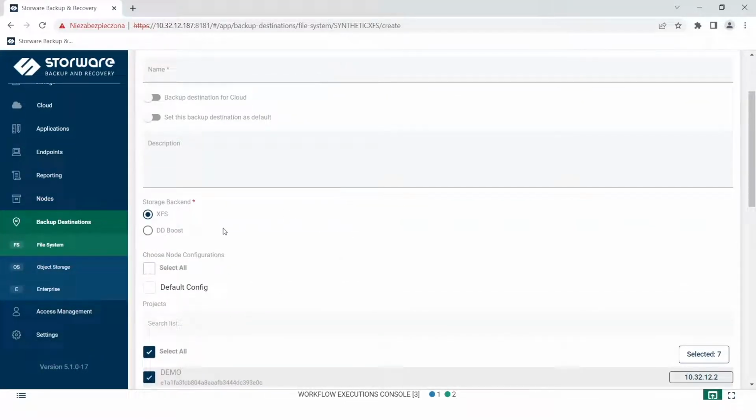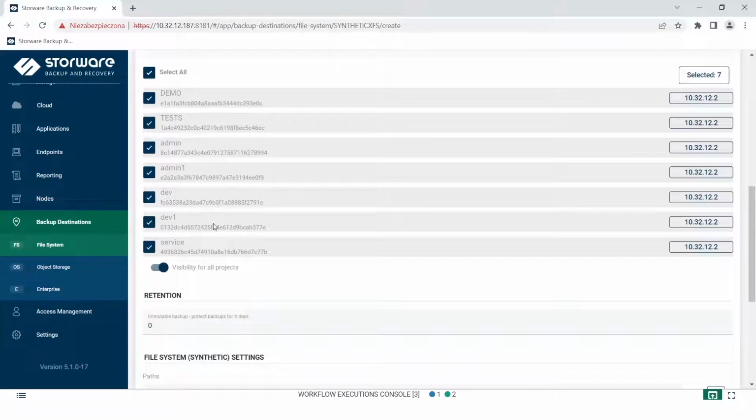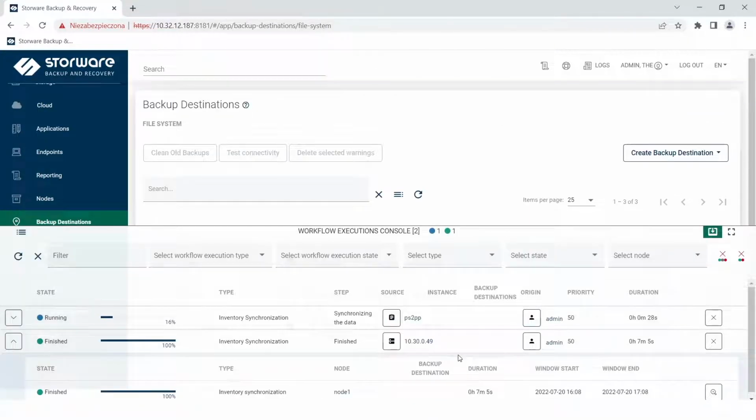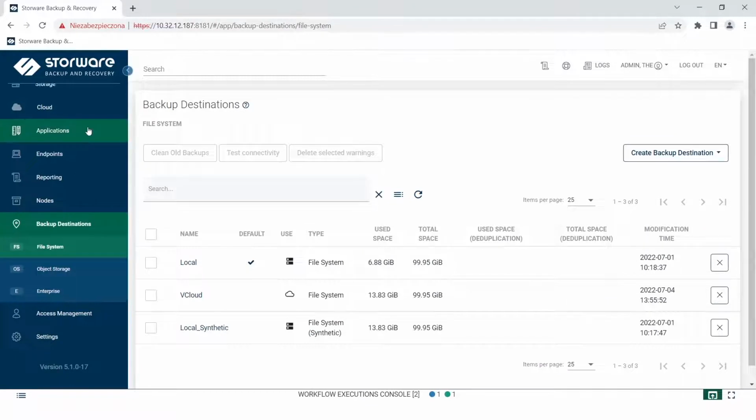But mostly XFS is the thing that we need to configure, and it can be run just using Storware Server and Storware Node. Our synchronization is now complete, so we can go back to virtual environments,